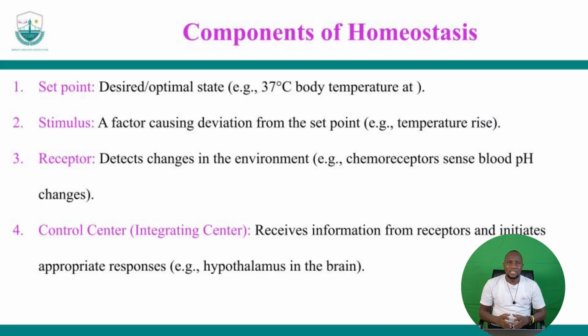And in this case, the effectors can include the muscles, the blood vessels, the glands, and many things. So these effectors are the ones that make sure that the temperature actually comes down, including the skin and in relation to erector pili muscles and in relation to the vasodilation of the